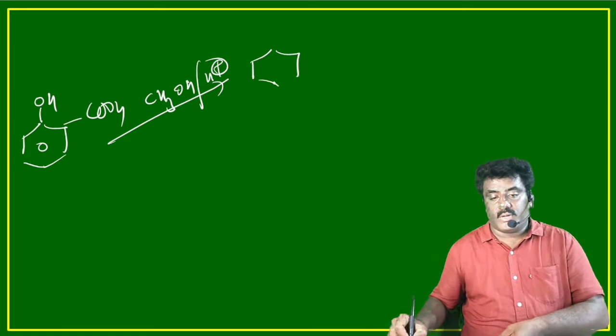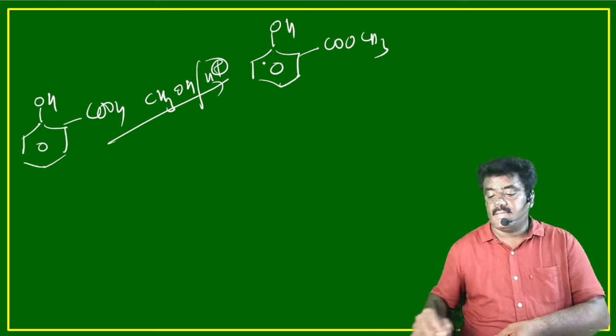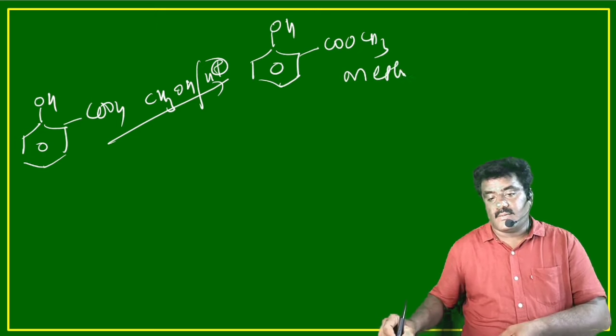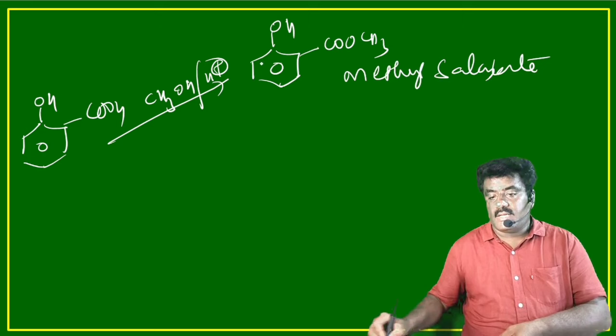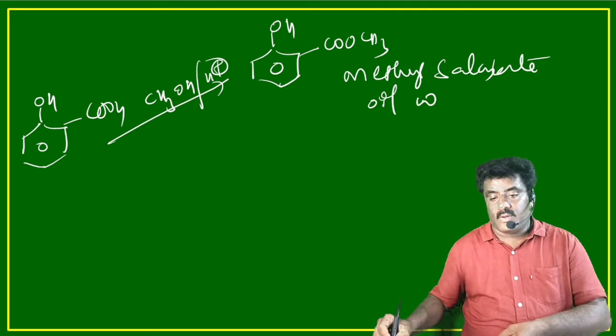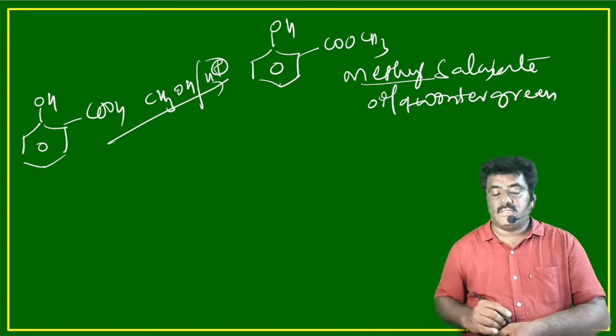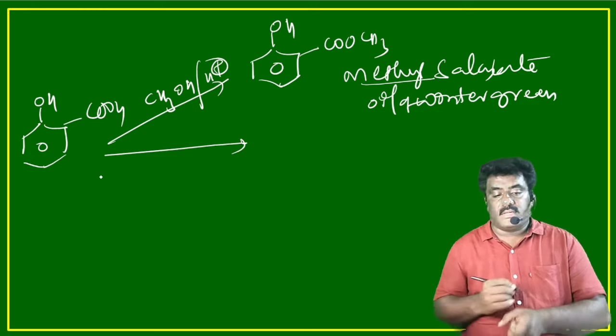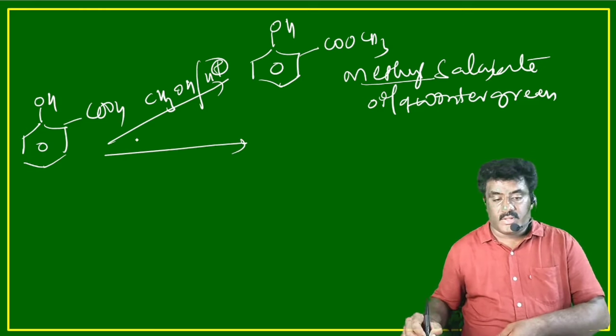See, this is the product, OH, COOCH3. It is methyl salicylate. Methyl salicylate is the oil of wintergreen. Oil of wintergreen. When salicylic acid is treated with